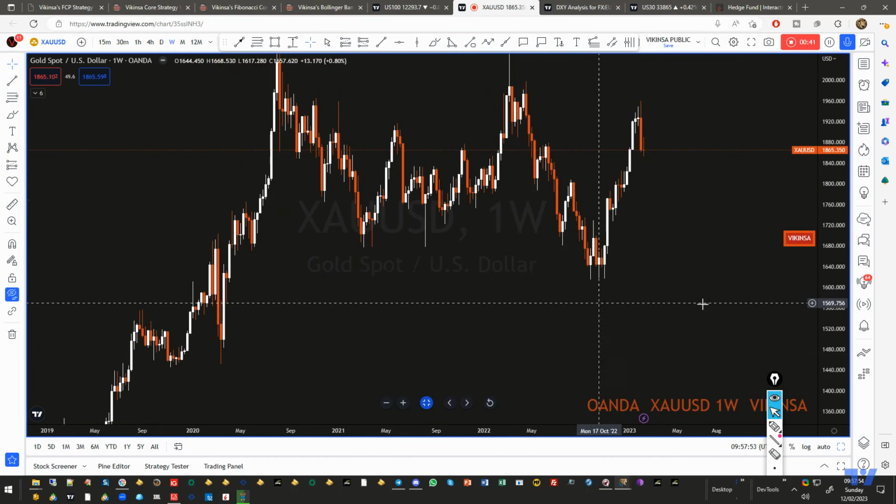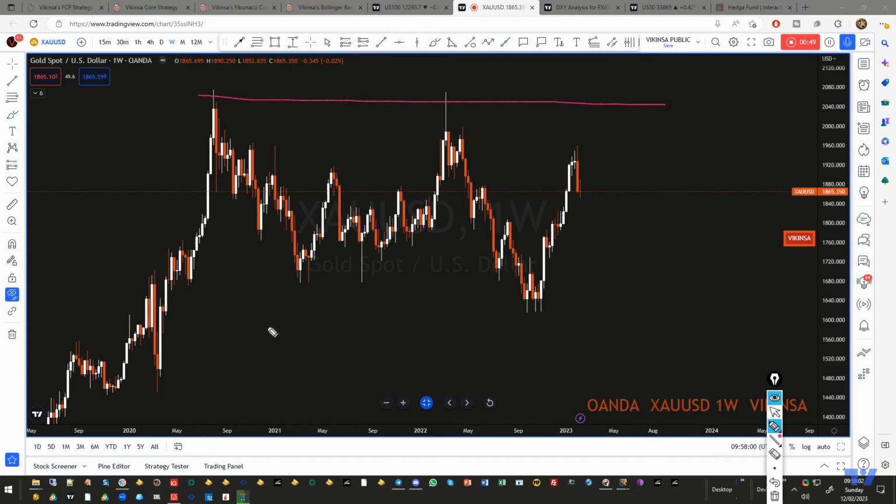Now, on the higher time frame, what you will notice is that the market is actually consolidating. This is a bigger consolidation if you want to treat it like this. Now, during this consolidation, as part of the FCP methodology, we do not focus too much on the consolidation. We rather focus on the patterns which are forming in there. So what you will notice is that we have this W pattern, and when the W pattern completes, the market goes down. So the market fell. Now once it has fallen, it has formed a kind of M pattern here, which is like this.